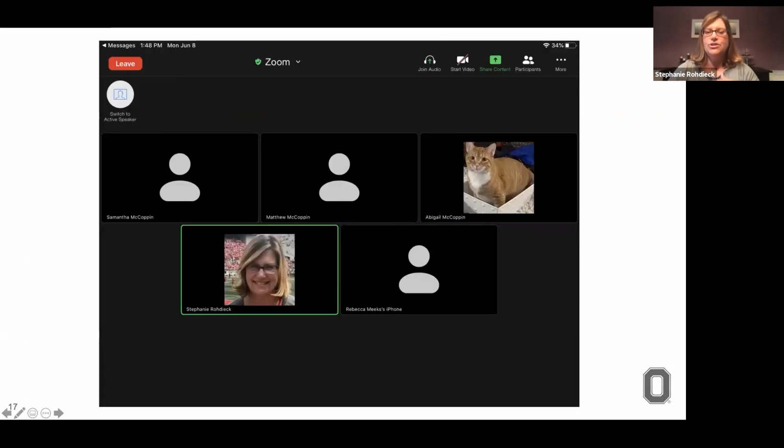And I wanted to make sure you could see what it looks like from the student perspective. So this is one of my daughter's screenshots that she took from her iPad while she was in the whole group. So this is what it looks like from an iPad perspective. And it looks different than if you're using your laptop or your desktop. Things are in different places and they don't have as many options, but you can see that they do have everyone in a gallery here.